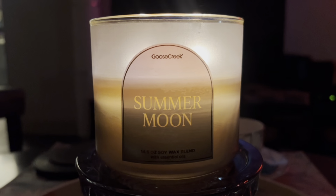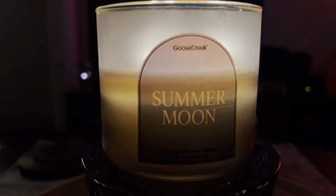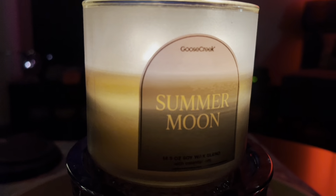I think in part because it stood out so much in the collection, in part because it reminds me of Midsummer's Night by Yankee, which I love, and in part because it just looked really pretty when it was burning. I thought that this collection was just gorgeous. This was a standout for me in this line. It's still up on the website, so I do recommend it, however,